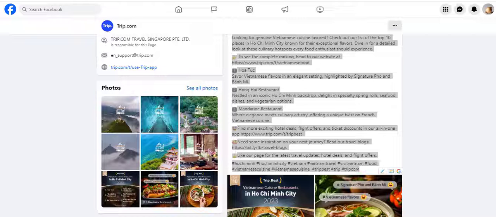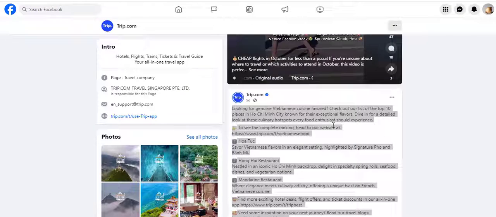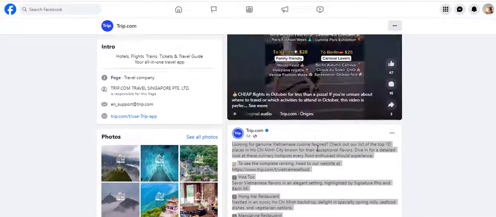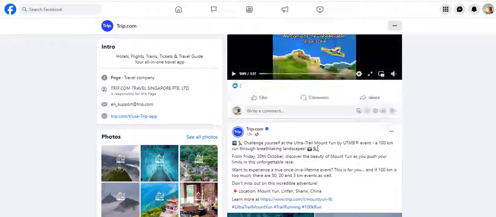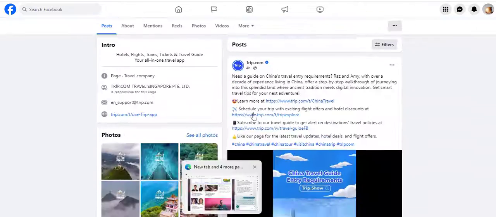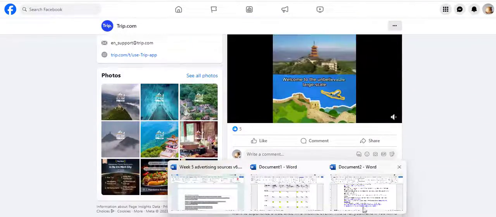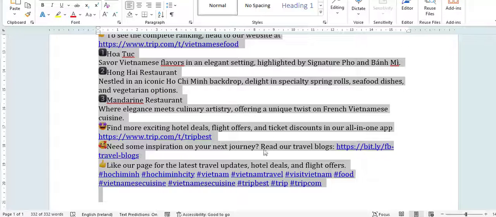So just a quick demonstration of how to determine what a current brand is using in terms of tone of voice and general themes. So I've just found this company trip.com, and I just, as an example, took a copy of a few of their content on a few of their posts. So I've copied all of the text into a Word document here, and then I selected all of this and